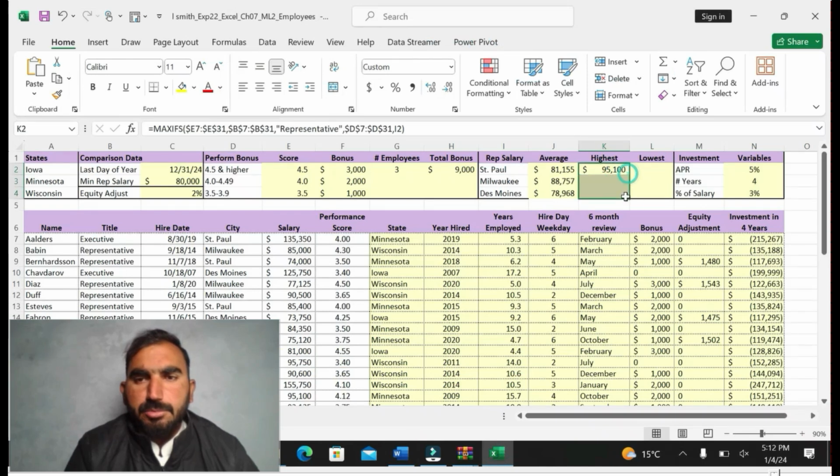Okay, there is a little error. I think I missed the absolute reference somewhere.